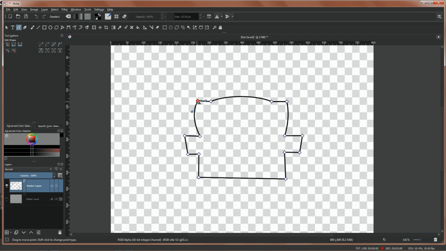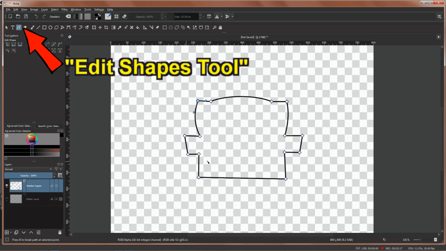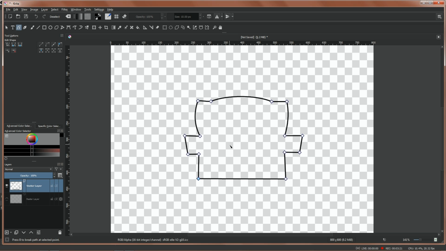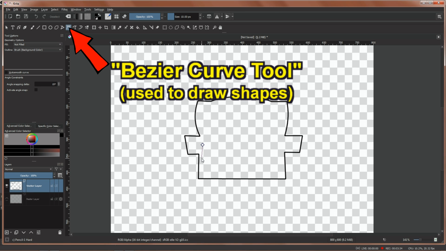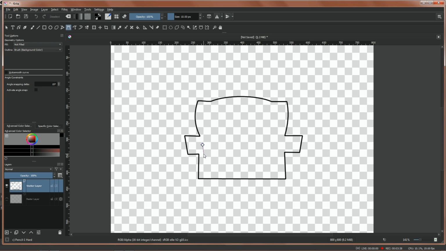This is done with the, you can see the tool that's highlighted up there. I can't remember the name of it right now. But once I've got that tool, I'm going to draw the inside cushion, the cushion that you sit on. I'm just going to represent it